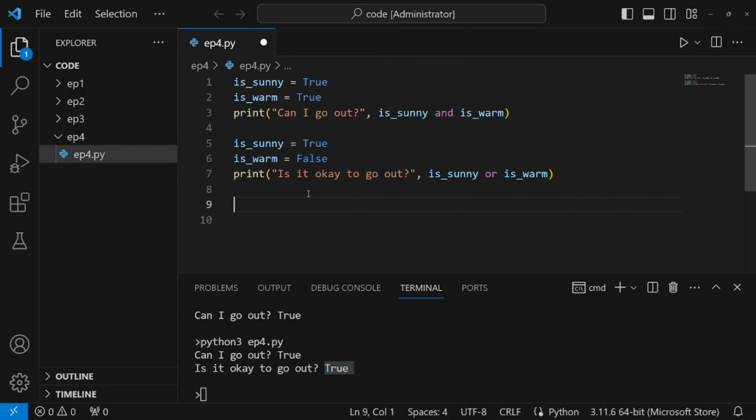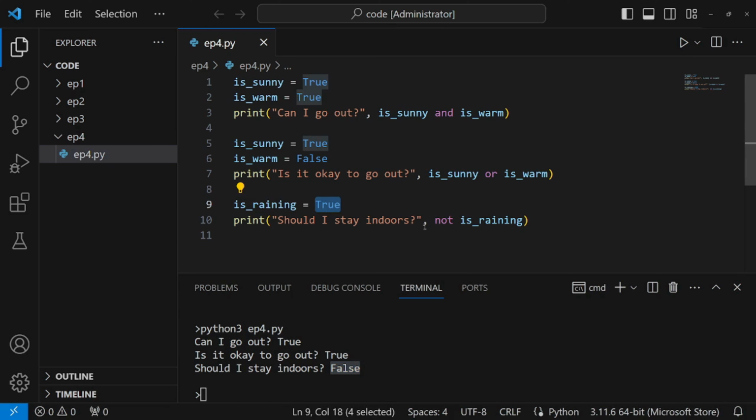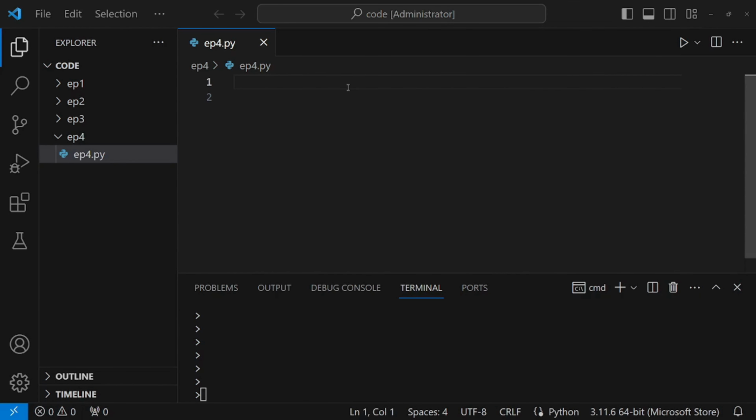Finally, we have the not operator. It's the contrarian of the group, flipping the truth value of a condition. If you're not fond of rain and it's raining outside, not helps you decide to stay in. Here's how you'd express this in Python. is_raining = True, print("Should I stay indoors?", not is_raining). Next, we will get some more knowledge about assignment operators in Python, the efficient toolkit for